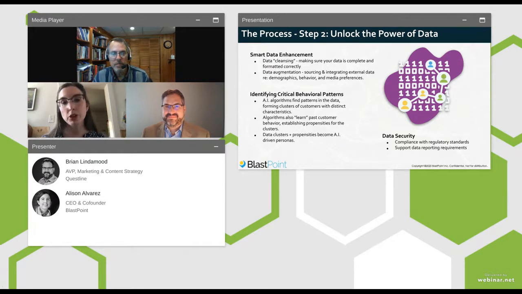And then once we have that, we can use that to build data clusters. So, those are those personas that we're talking about, so that you can reach out to people according to what their needs are, but in a mass market way, where it's individualized to the individual household, but you're not writing a million different messages. You're putting everybody into the category so that you are working efficiently and hitting everybody's high notes.